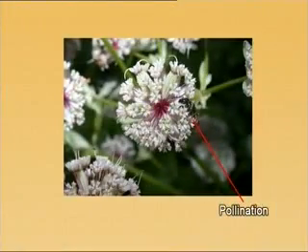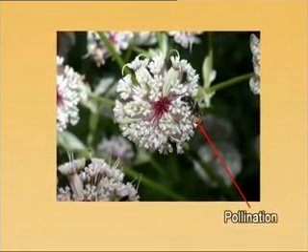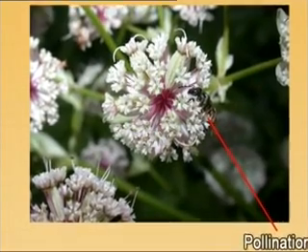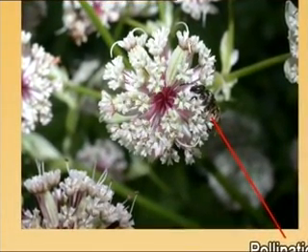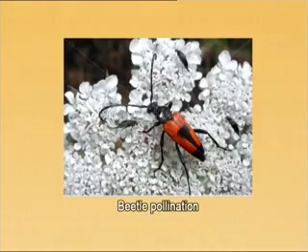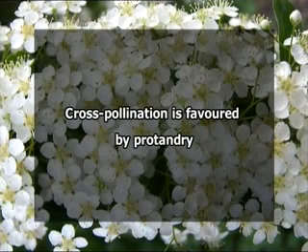In the case of Apiaceae, we usually have small flowers. These small flowers are typically densely aggregated, as I already mentioned, in the form of an inflorescence called an umbel. That's why they are pollinated by a wide range of small nectar gathering insects like flies, beetles, bees, and moths. Cross pollination in Apiaceae flowers is mostly favored by a phenomenon called protandry.